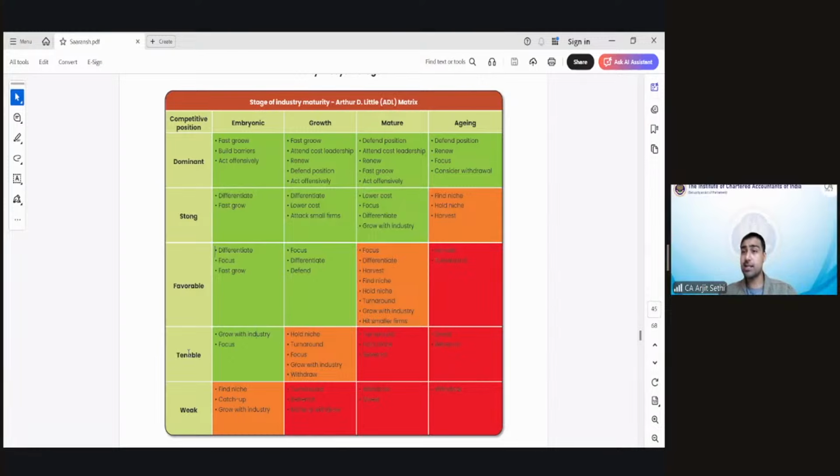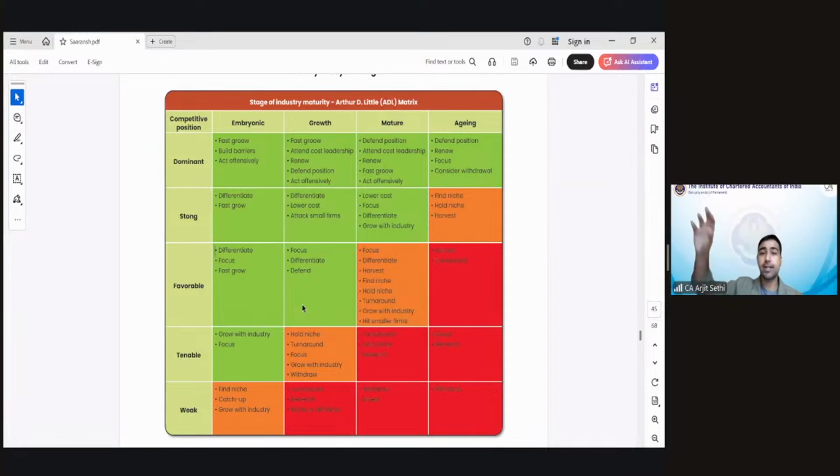And that's what suggestive strategies Arthur D. Little did. We can use innovations as well to regain customers, right? Absolutely. You can. Just like Maggie did, correct. Atta Maggie nikal do, healthy dikha do. So you turn around your business. That is what suggestions Arthur D. Little gives across the different parameters.